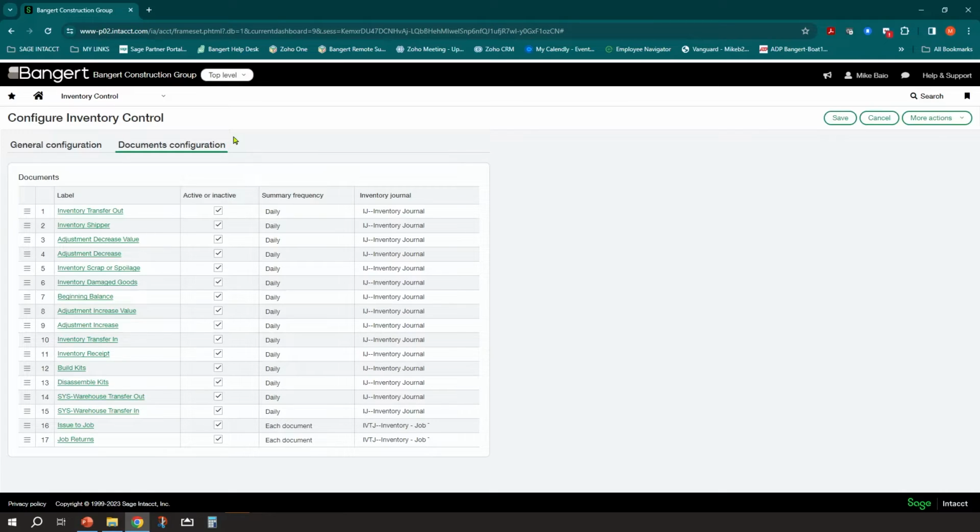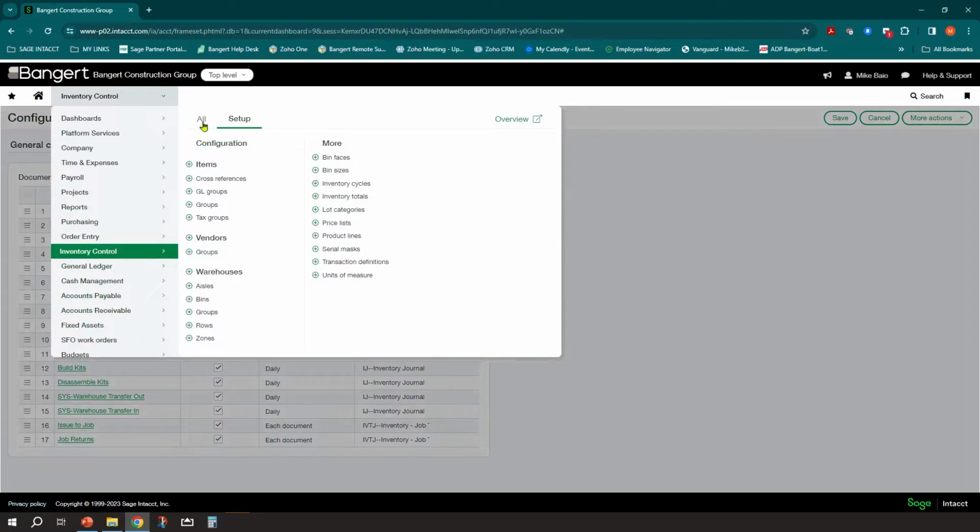One thing you will notice, especially with your out-of-the-box instance for construction, you're probably going to have a lot of inventory transaction definitions that come with the system by default. What you do want to do is not delete them, but make them inactive. The ones that you don't see yourself using, you just don't need based on your workflow. I would highly recommend coming into here and checking them off as inactive. They will just simplify your menu a little bit.